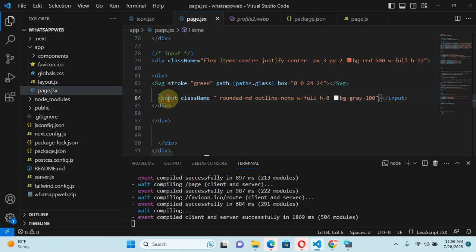Okay, let's see, where is that parent container? Yes, this is the input. This is the parent container. This is the search icon. Okay, so what we want to do now is position the icon relative to this